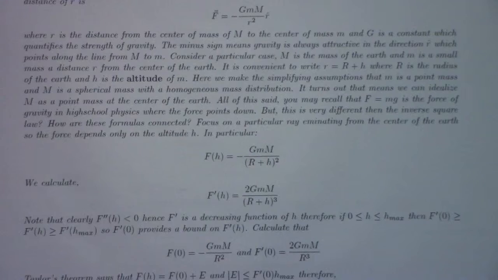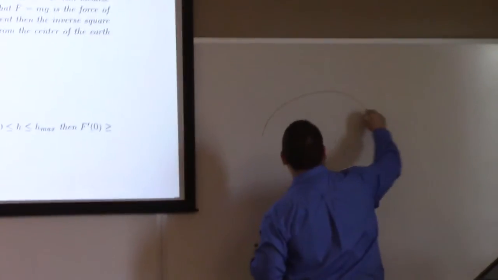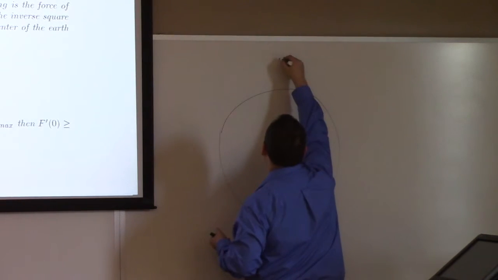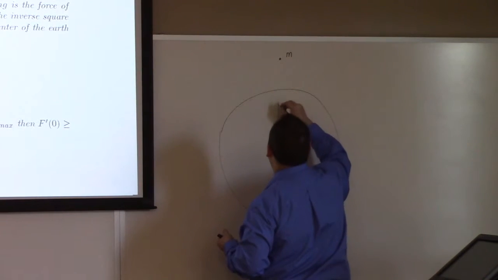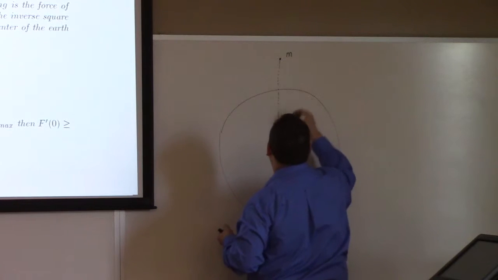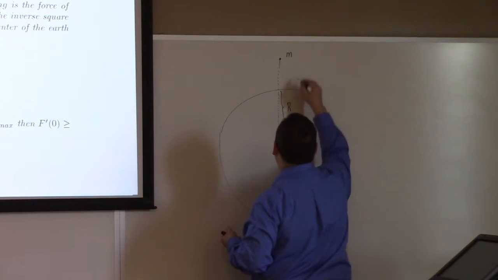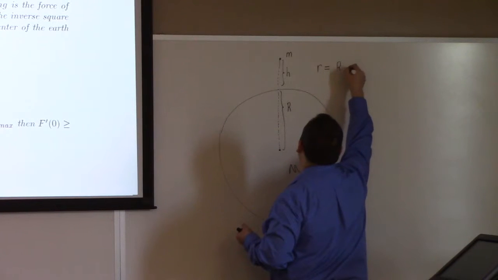So just to draw a picture of this. So here's big M, and here's little m out here. This distance between their centers of mass all the way is known as r, right? So that is made of two things. First of all, the radius from the center of the Earth, and then what we call the altitude. So little r is equal to the radius from the center of Earth plus the altitude,